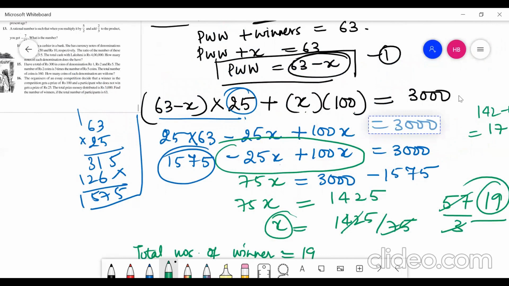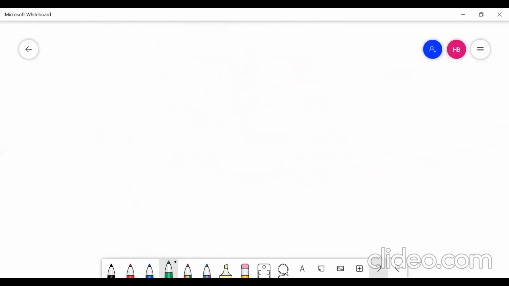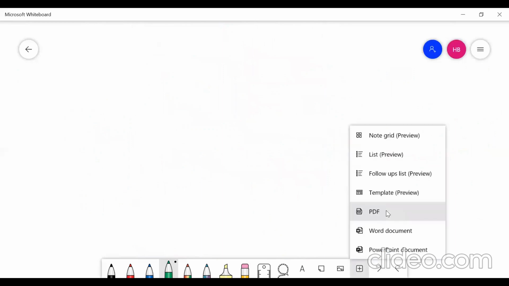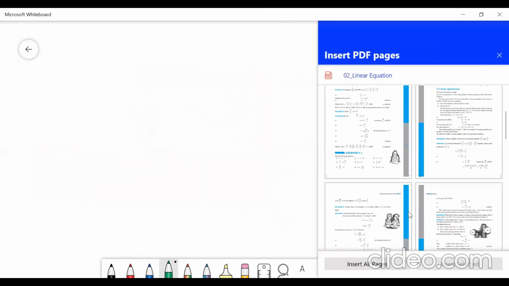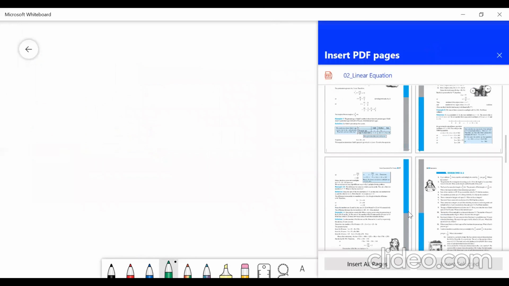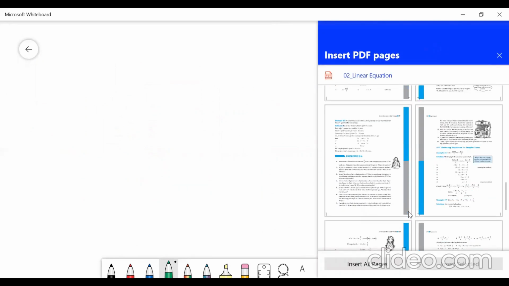So guys, with this we have done exercise 2.2. Now going forward, I want you to complete exercise 2.3 as your homework, because we have discussed those kinds of questions in our class. And for your reference, I'm going to solve 2 questions from that exercise, so as to give you reference, and then you will solve the entire exercise on your own. Okay, so let me just load exercise 2.3.